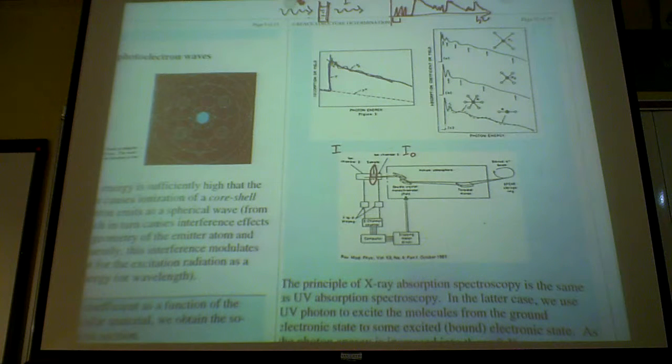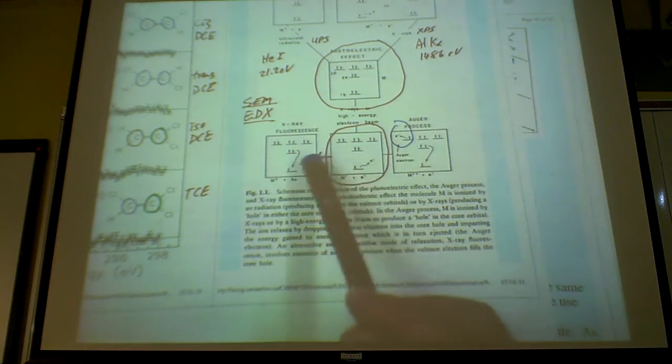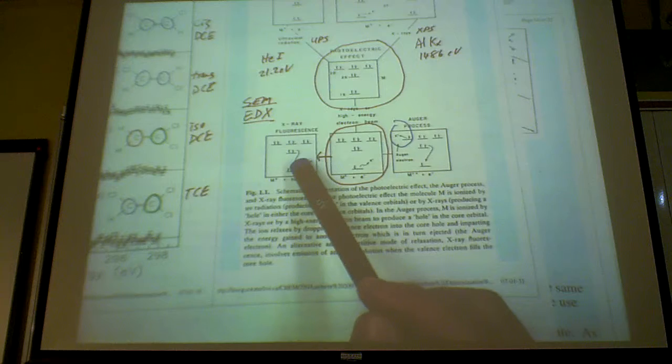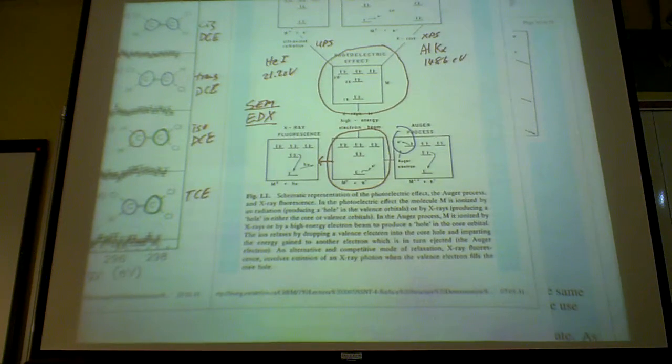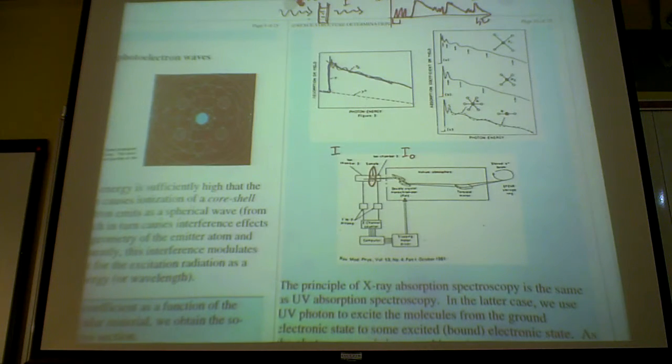Because as you can see, X-ray fluorescence, which is how people generate the X-ray, right? The X-ray lamp, how you get an X-ray lamp, is really by this process. I go back to here, right? By this process. How do you generate an X-ray anyway? What you can do is use some electron source to excite your material and let the material decay from the excited state to ground state. And you get X-ray light because you get this resonant emission from there, right? So in the old days, people had these X-ray lamps,